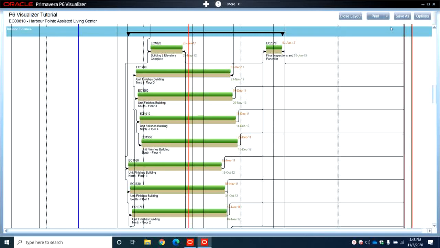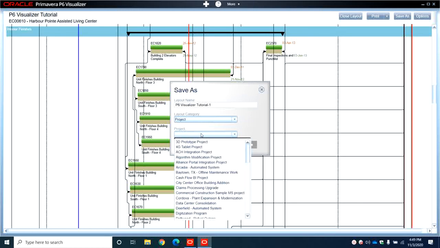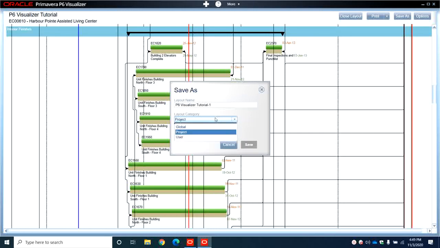So at the end, it's already saved because every time you are clicking save and draw. But if you want to make sure or save as, so this is like -1 and layout category, you can save it in global or project, for example, for a specific project, or I will put it on user and P6 visualizer tutorial 1,